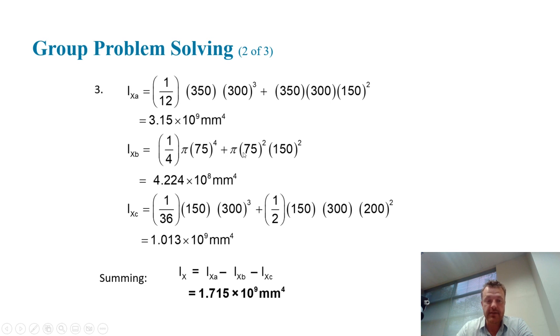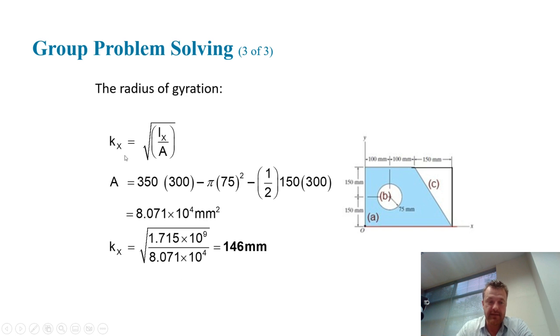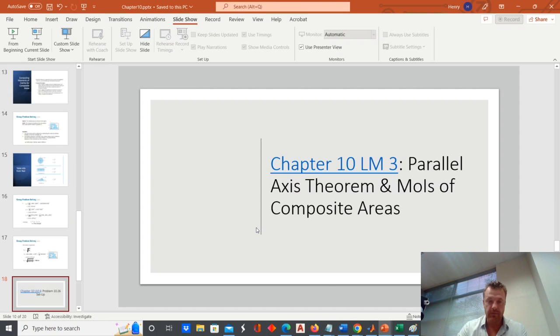Now, why in the actual final summation are they taking A and subtracting away B and C? Well, that's because the shapes corresponding to B and C are both holes. And since they are holes, you will subtract those by definition. It's kind of like you're treating the areas as negative. So given the total aggregate moment of inertia about the x-axis, how can we find the radius of gyration about the x-axis? This is kind of what I was saying a little bit earlier. It's just a bit of a table lookup. If you know Ix, we can compute the aggregate area by finding the total area of the rectangle and then subtracting away the area of the circle and the area of the triangle. And once you have those two numbers, it's really just a matter of being able to take a square root. So hopefully